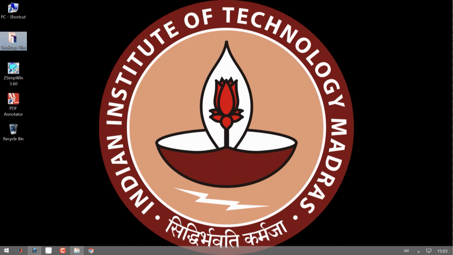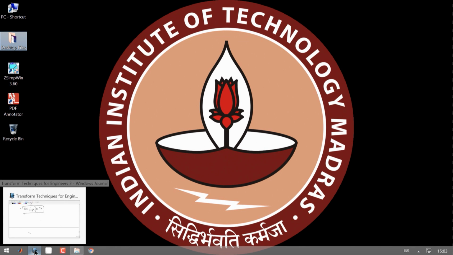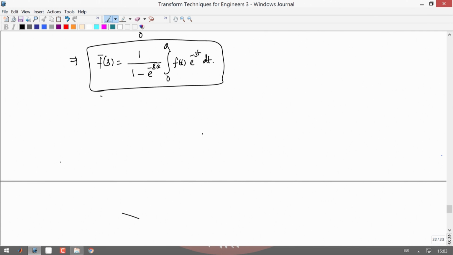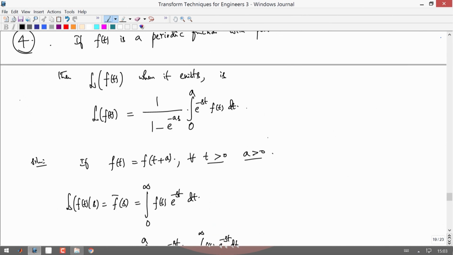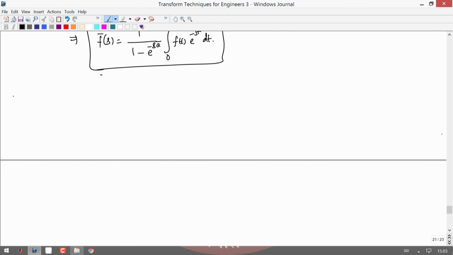So, we use this in the derivatives differentiation, we use this property, let me call this property number 4. So, let me call it 5. This property 5 is: if f bar of s is the Laplace transform of f of t as a function of s, then